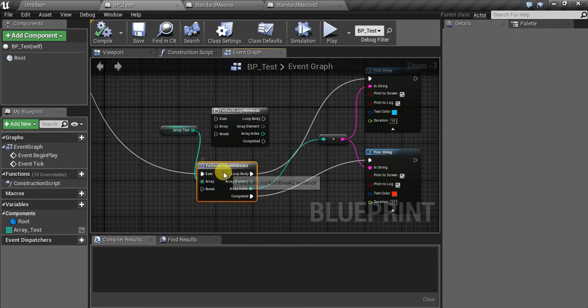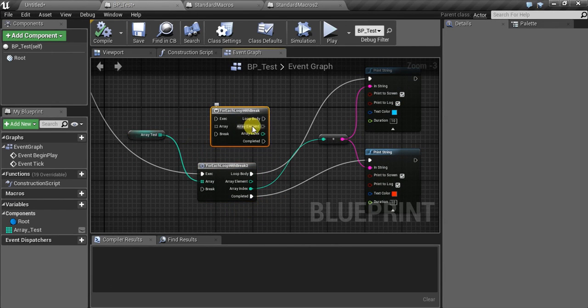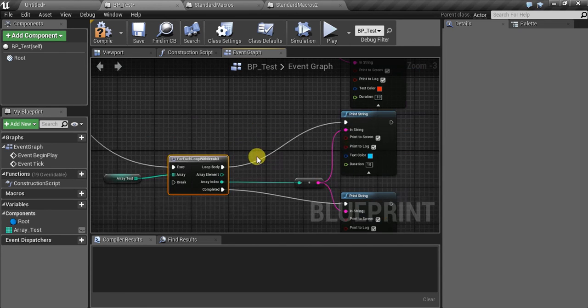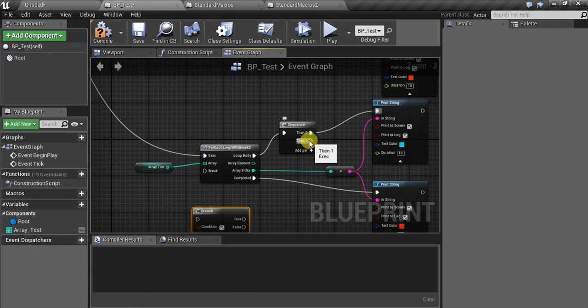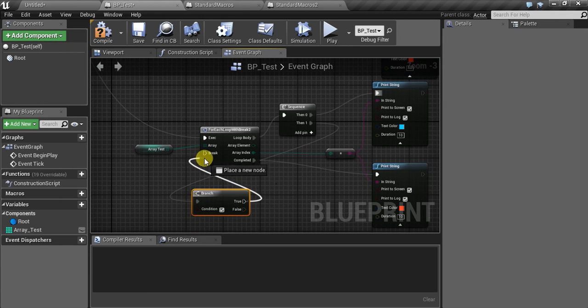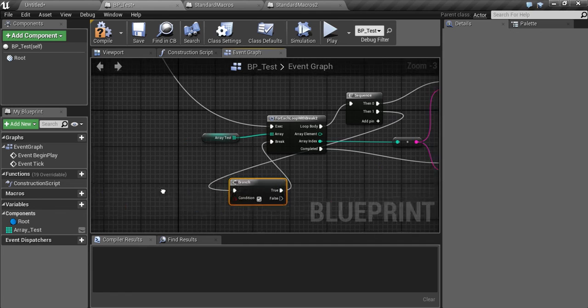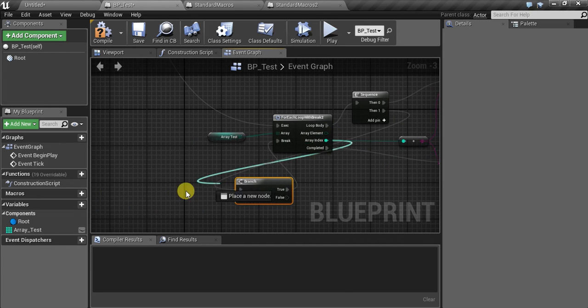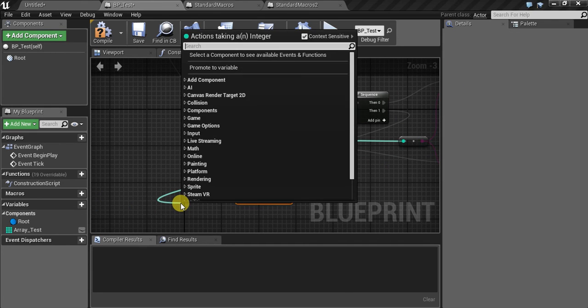Let's go ahead and check for the break condition. We have to do the same thing here. Add the sequence here, this one here, and the branch comes here. True comes here. The condition is from the index. And say